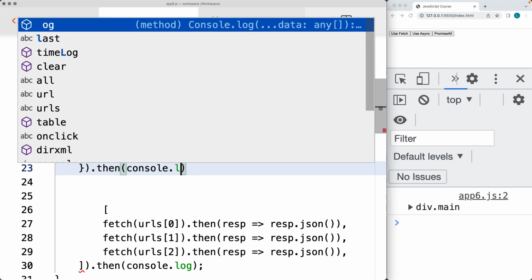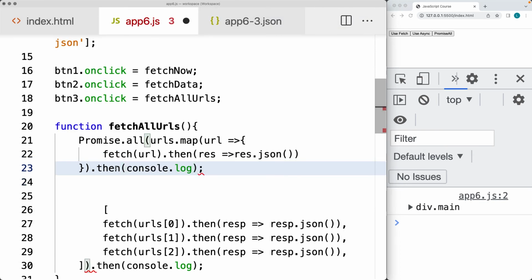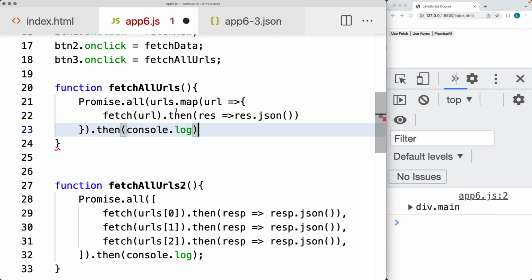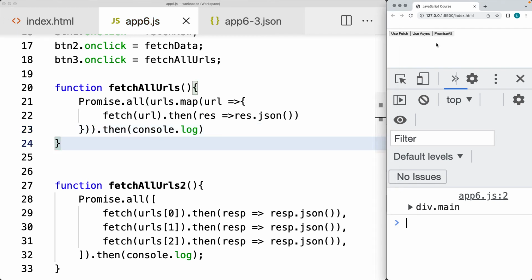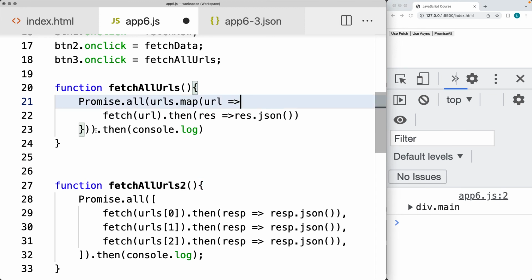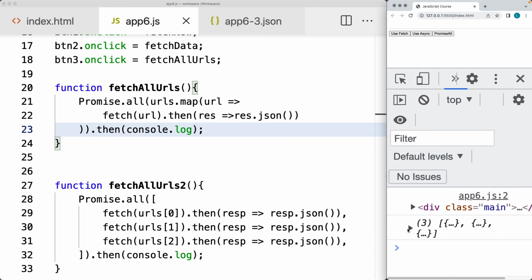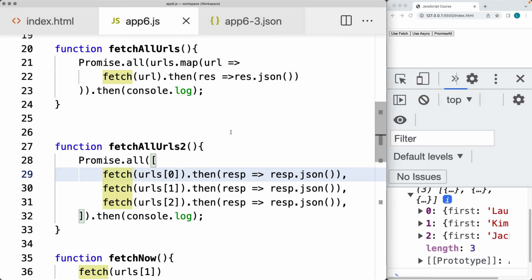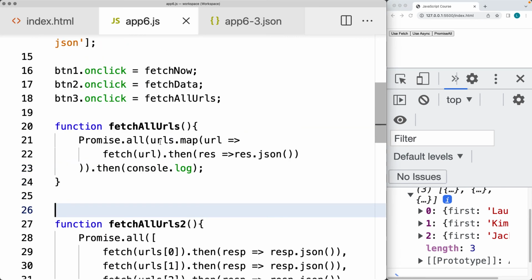console log. So this is a shorter way of doing that because we already have everything within an array, and this is where we can use Promise.all and also the map. So just need to have one more rounded bracket there to close off the function. And let's actually get rid of the curly brackets there, and then we can try that out. So Promise.all now is going to be returning that back, and this saved us the trouble of having to write fetch